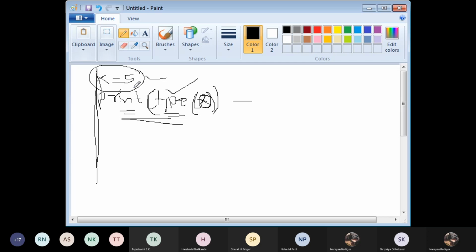Now if I just omit this print, that data will not be printed. Only the compiler or interpreter will come to know what type of data it is, but the end user will not come to know. For an end user, I have to display it. Correct? Just to display it, I am using a print function. That's all. Okay, x equal to 5, print of type of x. If I write and execute, what will the output be? Class int. We will be getting an output as class int.